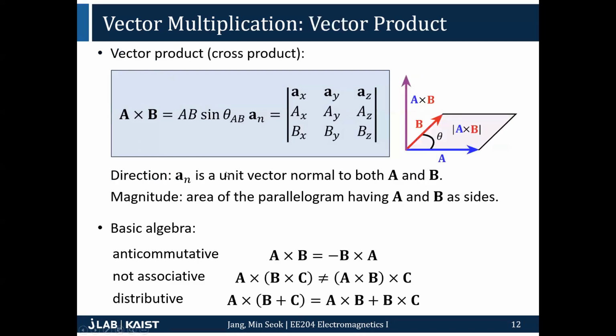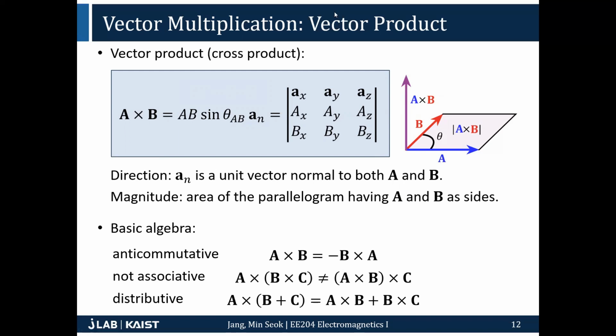And then another type of multiplication is the vector product. Vector product, sometimes called cross product because we have a cross here, right? We use the cross sign to describe this, or sometimes it's called outer product. And the vector product of two vectors is also a vector, another vector. And the direction of that vector is normal to both A and B. So you can use a right-hand rule, like if you have your palm sweeping through A and B, then the direction of your thumb becomes